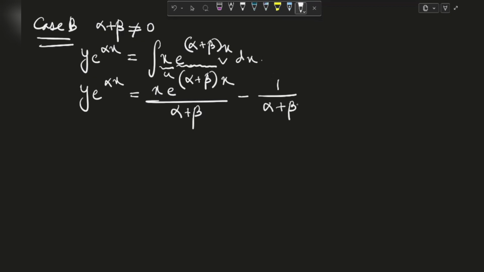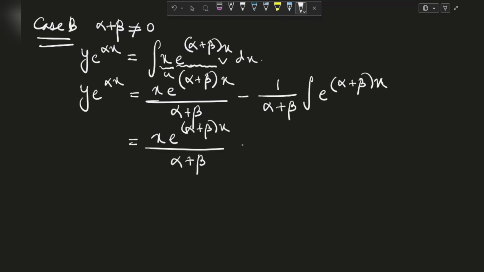It is a constant, so I kept it outside. And the integral of e^(α+β)x, why? Because our x has been differentiated as 1. So now if we manipulate this a bit, this will come out to be x e^((α+β)x) divided by (α+β), and this thing comes out to be your e^((α+β)x) integral. Okay, so I guess minus e^((α+β)x) divided by (α+β)